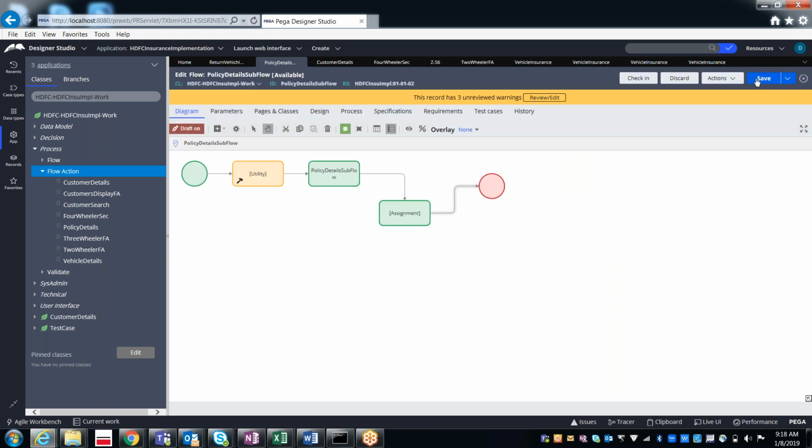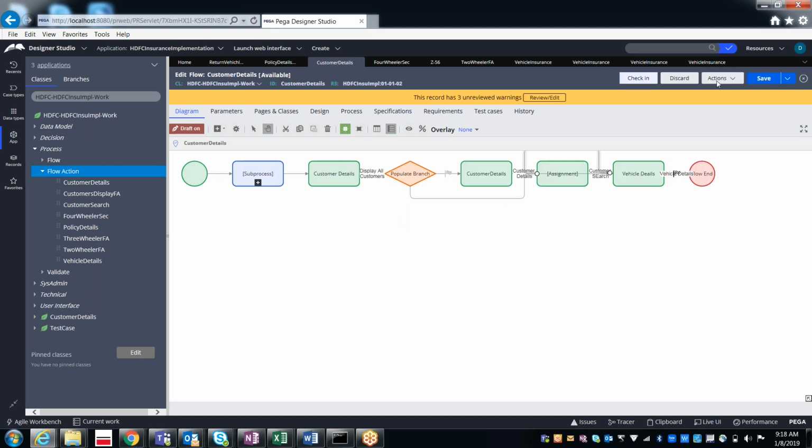Save it. Now go to the main flow and run the flow again. Actions, run. I made the changes in the subprocess, so I only saved the subprocess.